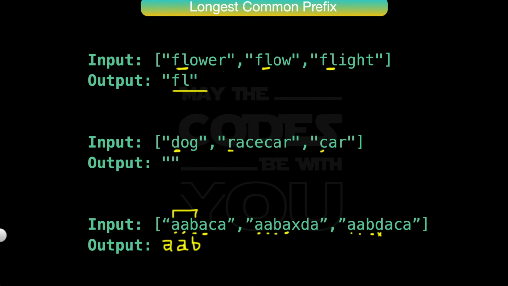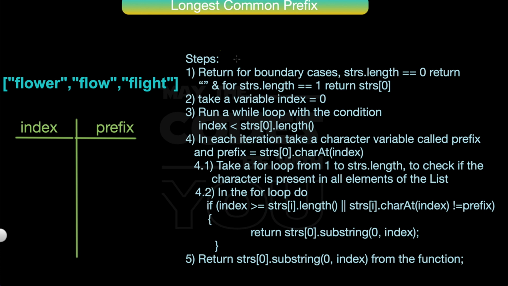Okay, now let's see our steps. So here are our steps. First we will handle the boundary cases: if string dot length equals 0, we'll return the empty string. If string dot length equals 1, we'll return string 0, which is the only element. Then we'll take a variable index and set it to 0.